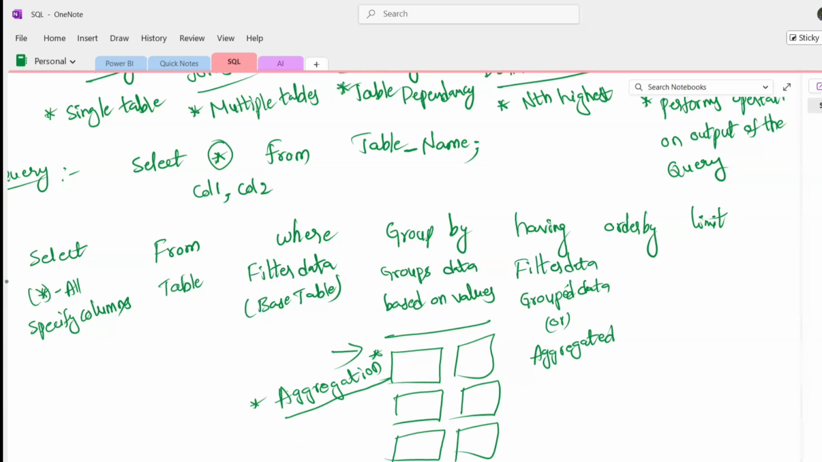For example, in few cities, if count of students is less than 50, you don't want to consider that particular location. So only wherever the student count is greater than 100, then only you need to consider the locations. Then we will use having